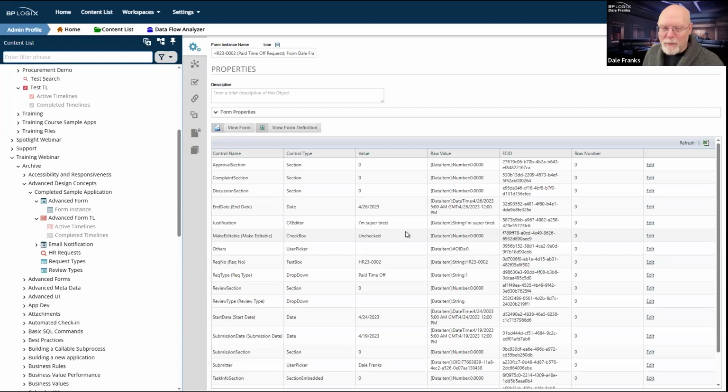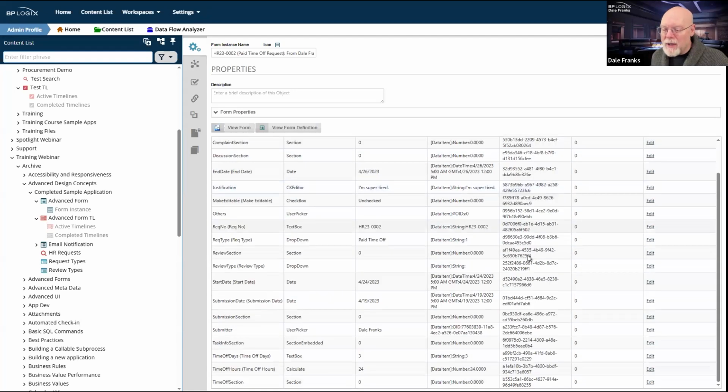And it gives you the form control ID, which is a GUID, so it's super unhelpful. In debug mode, I take that error message, copy it, and I copy that form control ID. If I open up the form instance where that error is occurring and I want to know what that form control is, the form control ID is displayed as a column in debug mode.